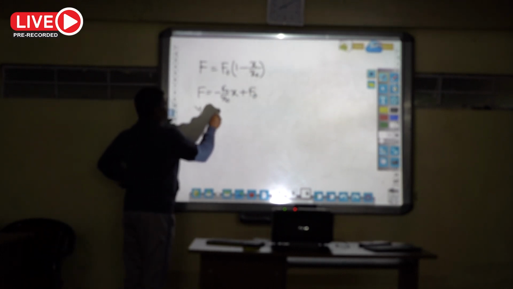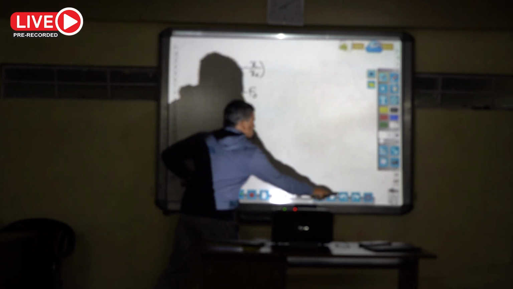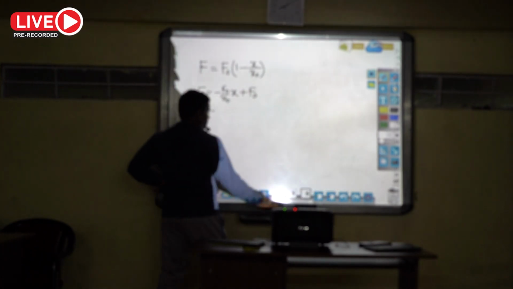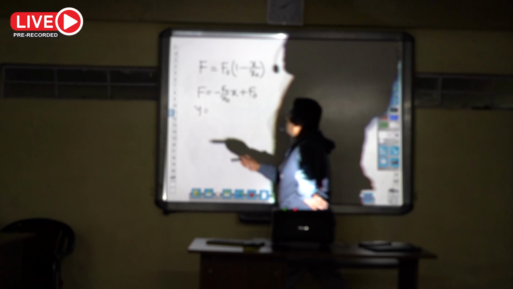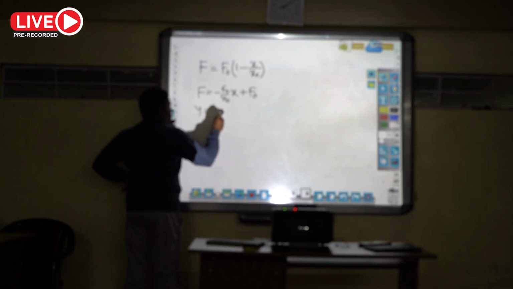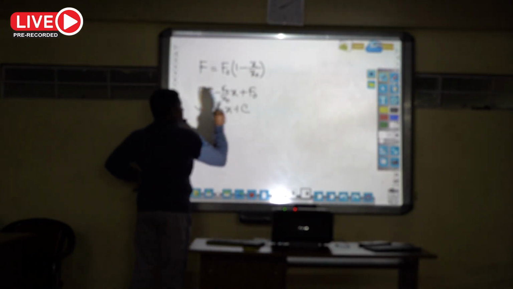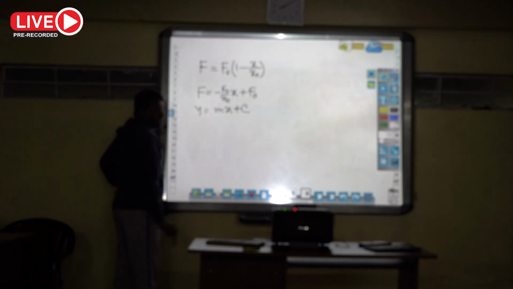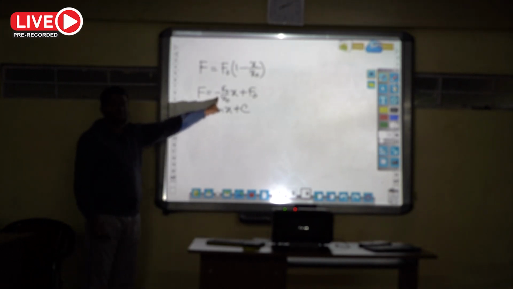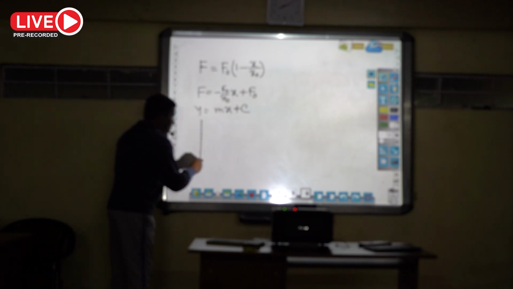It is similar to y equal to mx plus c, the equation of a straight line where the slope is negative. So if you draw a graph,